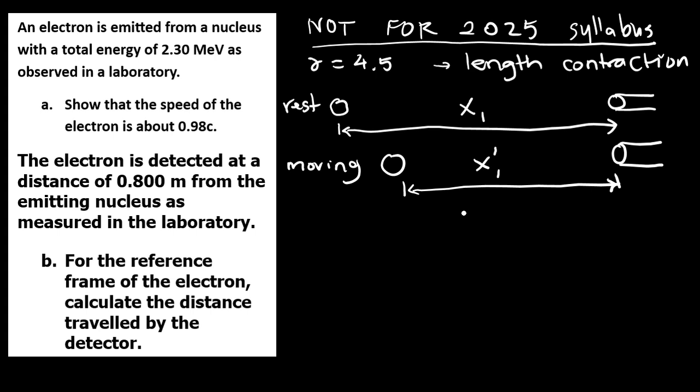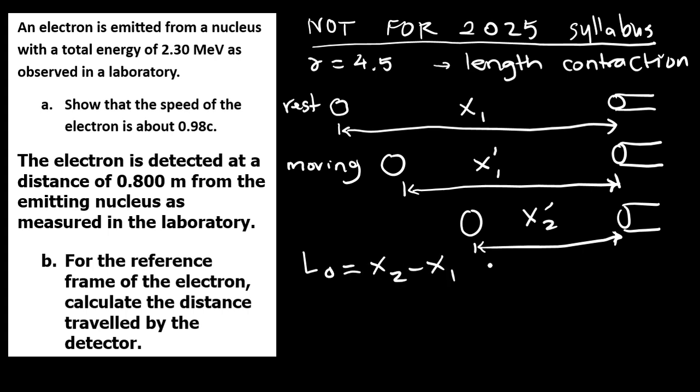Now, since the electron is moving, when it is in a new position relative to the detector, the distance that will be measured will again be x2 dash, which is going to be shorter than the distance that would have been measured if the electron was at rest. So we have two distances. We have L0, which will be x2 minus x1, and this is known as the proper length that will be measured if the electron was at rest. But since the electron is not at rest, the distance measured is actually x2 dash